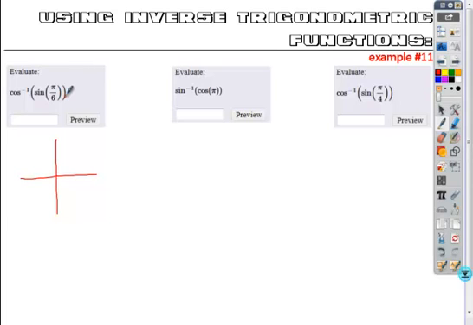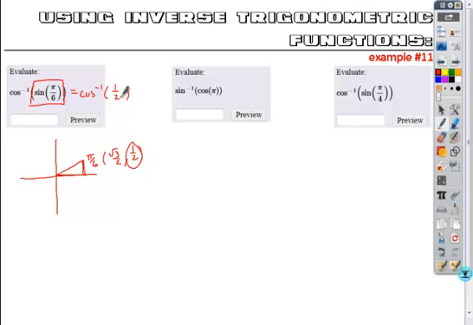The way that you will look at that is the following. If you look at the sine value that's represented inside, this is asking you to find the inverse cosine of the actual value of the sine of pi over 6. So here's pi over 6. The x-coordinate is the longer one, which is root 3 over 2. The y-coordinate is the shorter one, 1 over 2. Again, being familiar with the unit circle allows you to answer this. So the sine at pi over 6 is